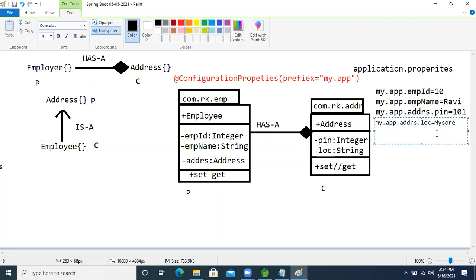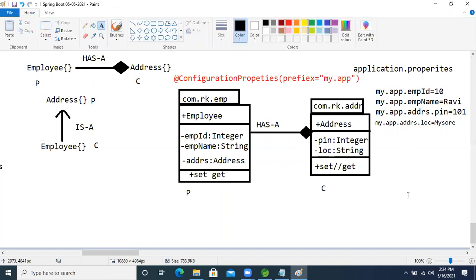Okay, that is the property file. Now you are asking how we will write the YML file. Let's see that one also. For the YML property, what is the prefix now?